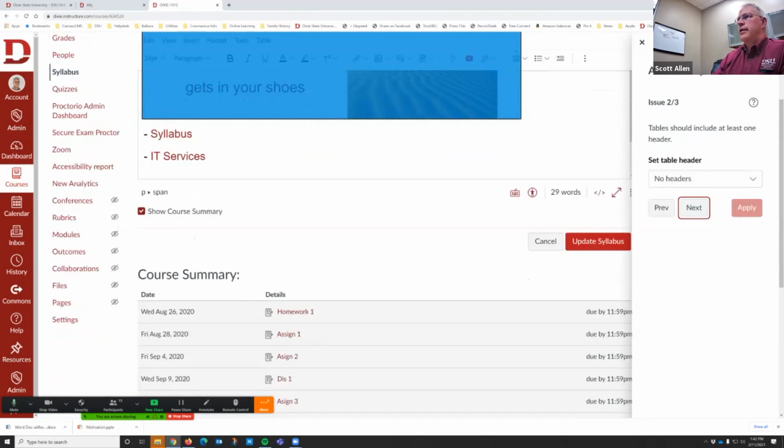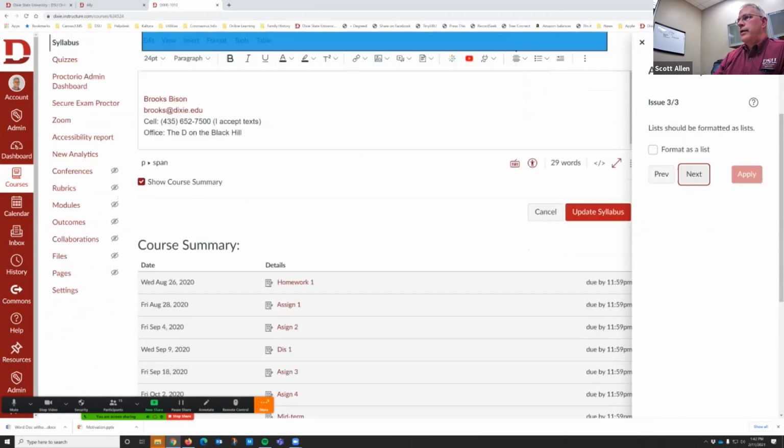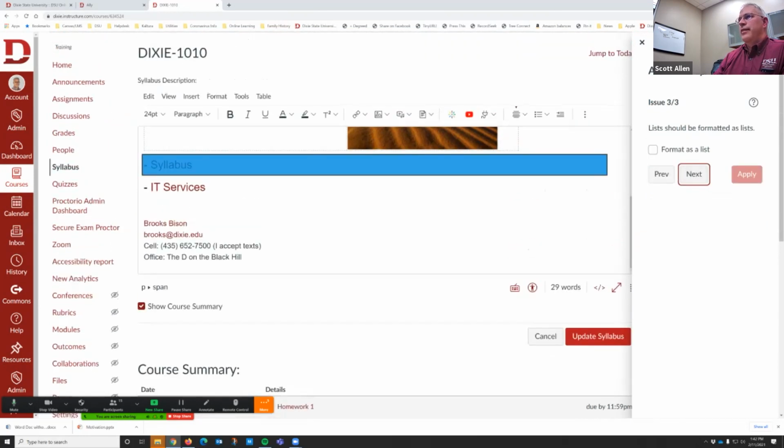Click on next, and also with the table, you want to make sure that you use table headers. And I'd maybe add a header row, and then I would put something in that row. But